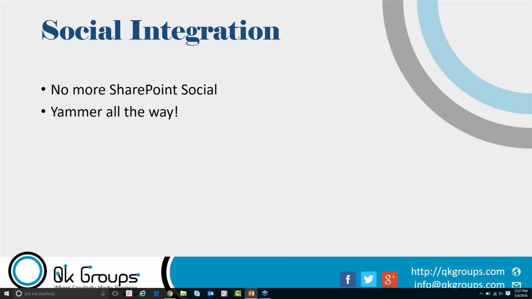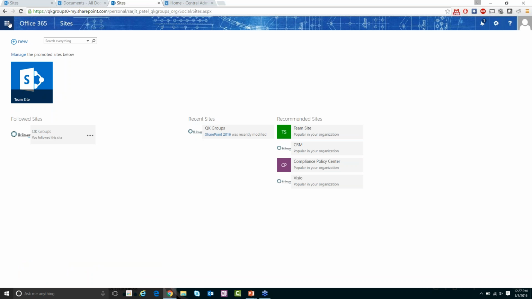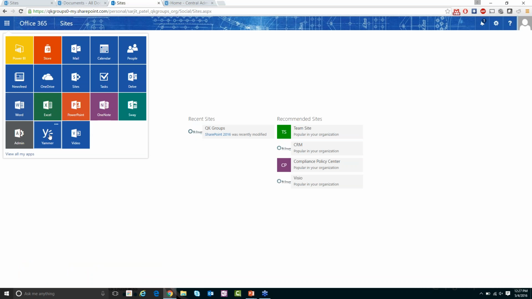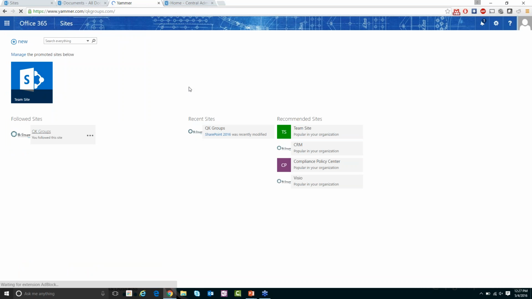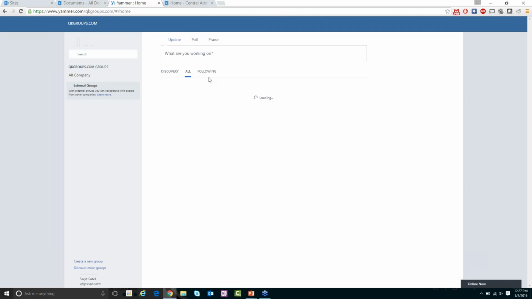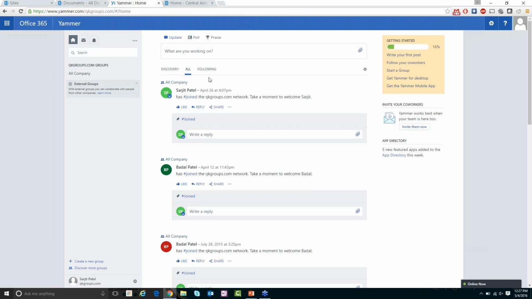Social integration. Another thing that Microsoft has come out with is Yammer. Yammer is the social network for your business. Let me show you that. Yammer is available on Office 365. So if you have Office 365, you can access Yammer based off your subscription. But here we have Yammer. So this is their social networking, essentially,